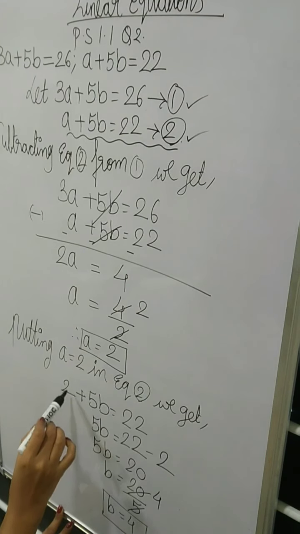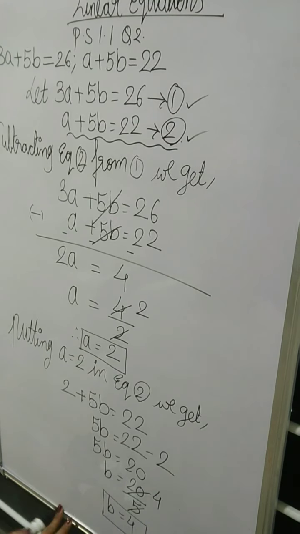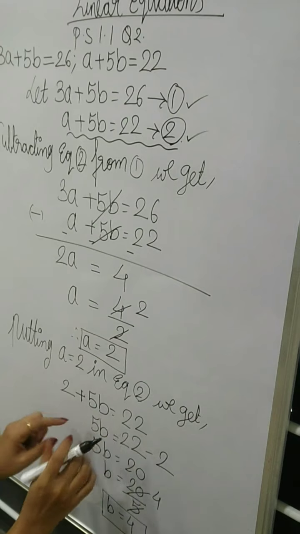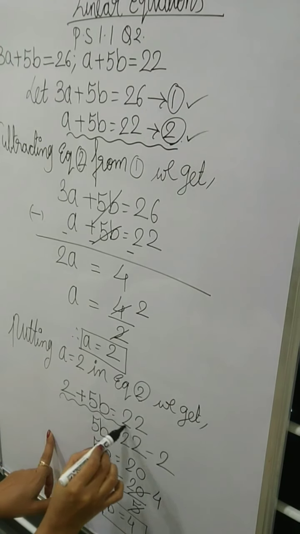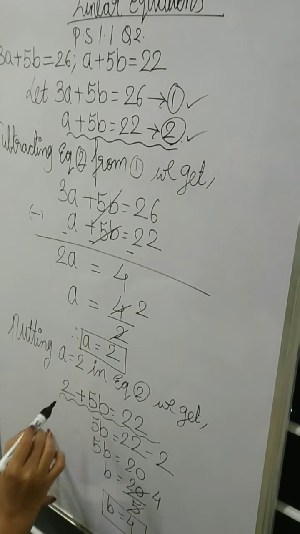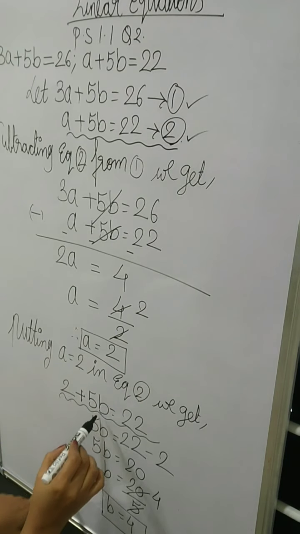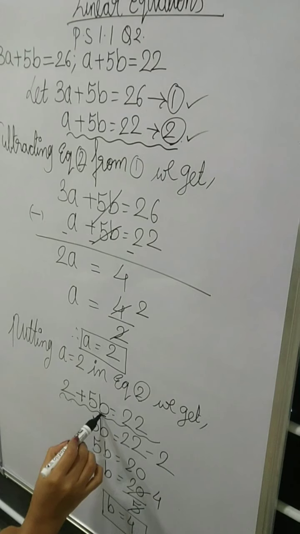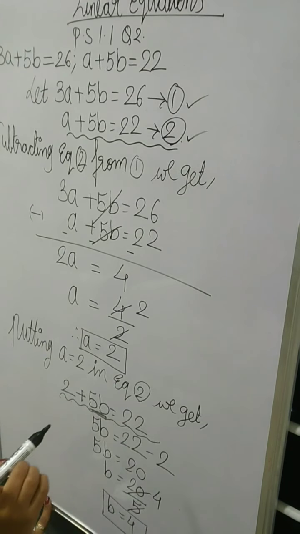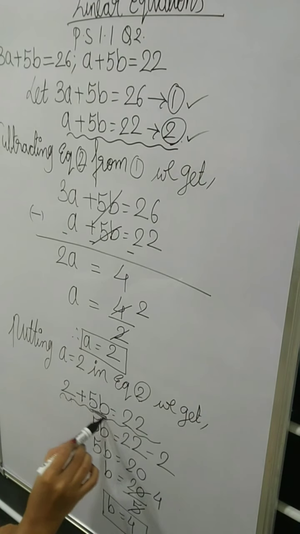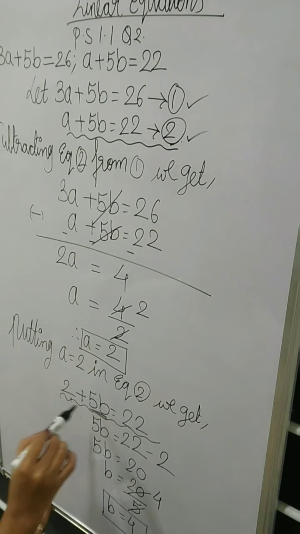Also, very important: I know some students find it difficult to solve any type of equations. How do we solve such an equation where it is a combination of variables and numbers? See students, whenever you see a number stuck with a variable, you cannot add this 2 with this 5b. It is not possible. Both the terms should have the same variable, only then we can add them. So here it is not possible.